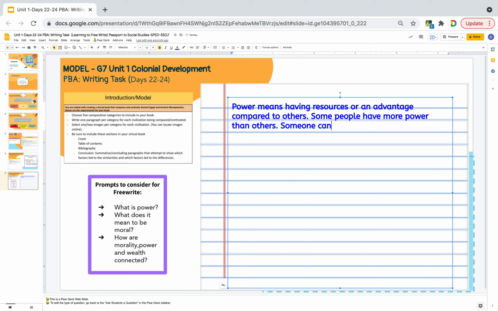Someone can gain power through having a lot of money or property, having an education, being elected or running a country,